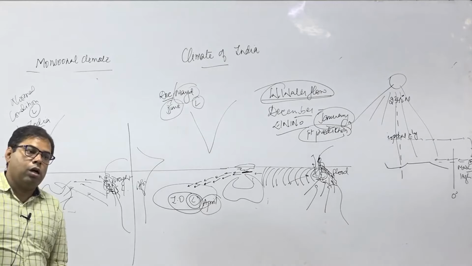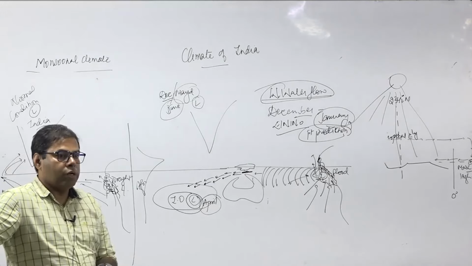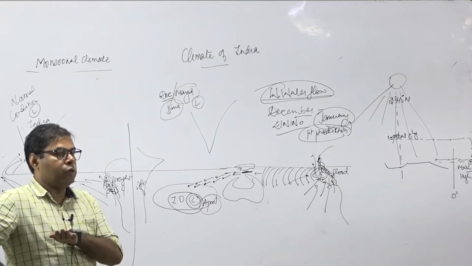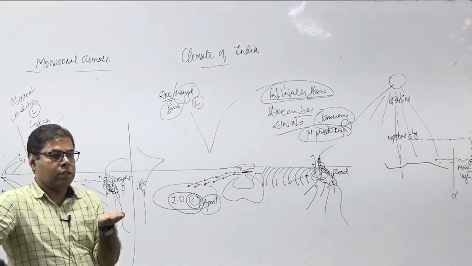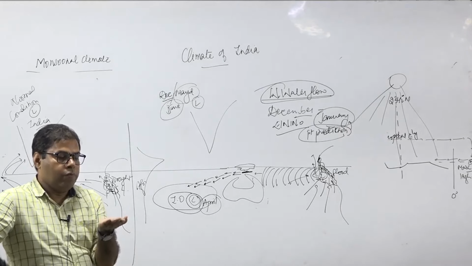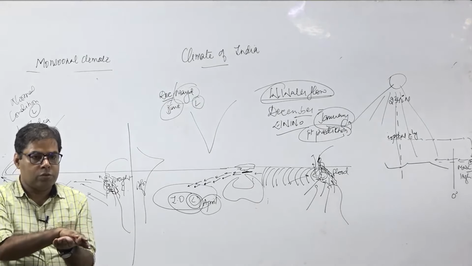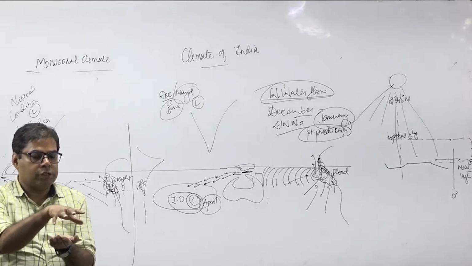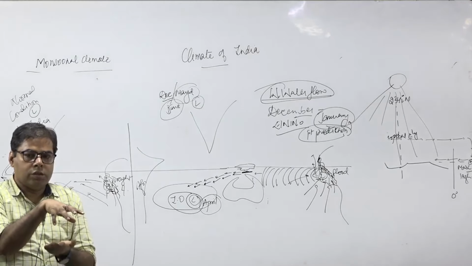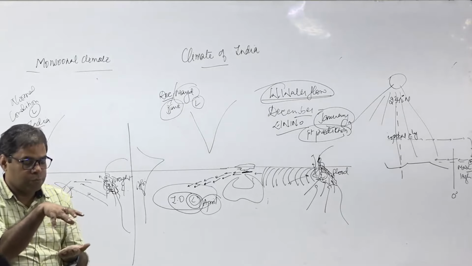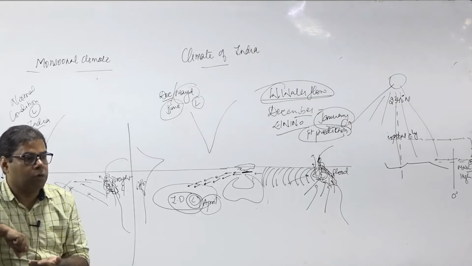So one warm and one cold current are meeting at the Peruvian coast. In the normal condition, the cold Humboldt or Peruvian current is blowing, right? That cold current is an upwelling current. When it has been suppressed or shifted down, the sea surface has been occupied by the warm water. So that is El Nino, meaning the effect of the cold has been reduced because of the pushing of the cold current down, and this whole area has been occupied by the warm water flow.